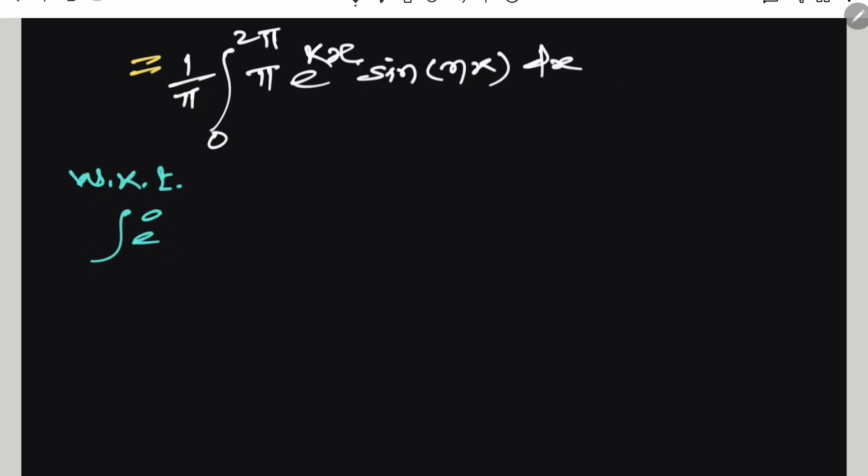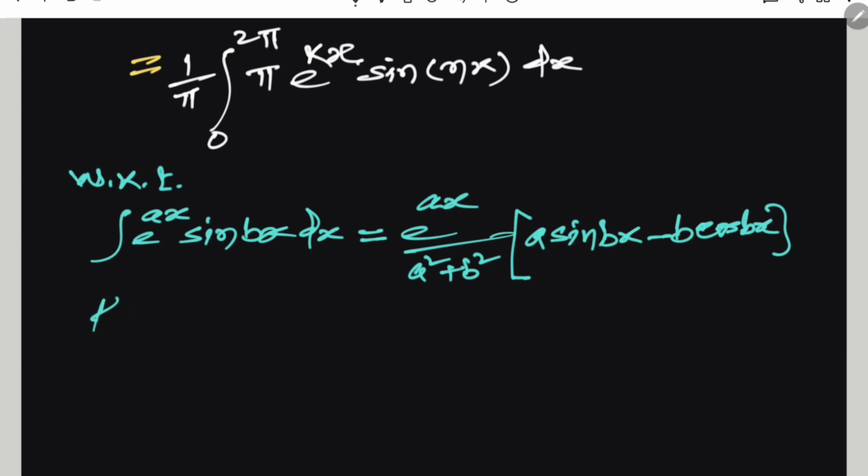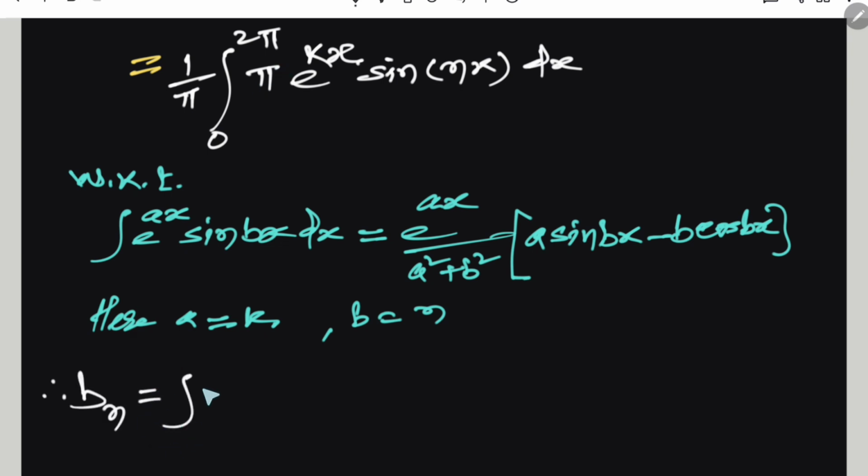Again pi gets cancelled, and here we take the help of the integration of e raised to ax sin bx as e raised to ax upon a square plus b square, a sin bx minus b cos bx. Here also comparing, we get the value of a as k and b as n,